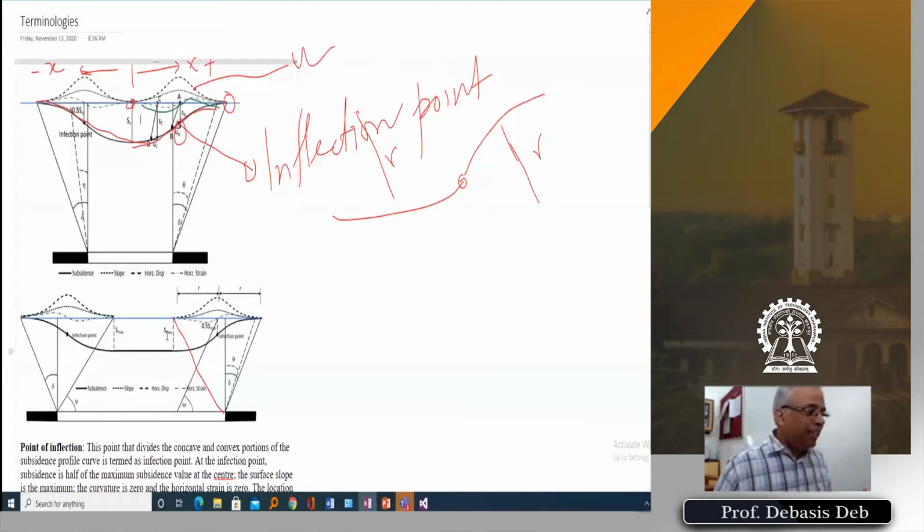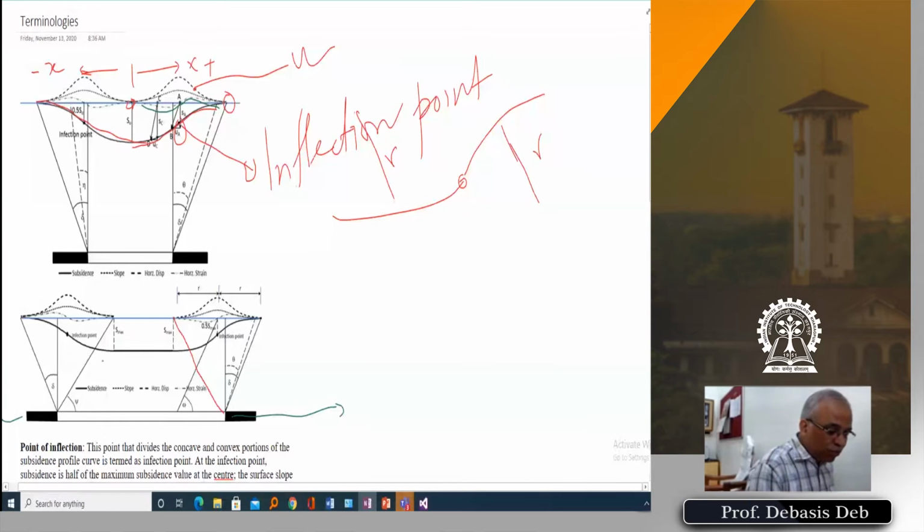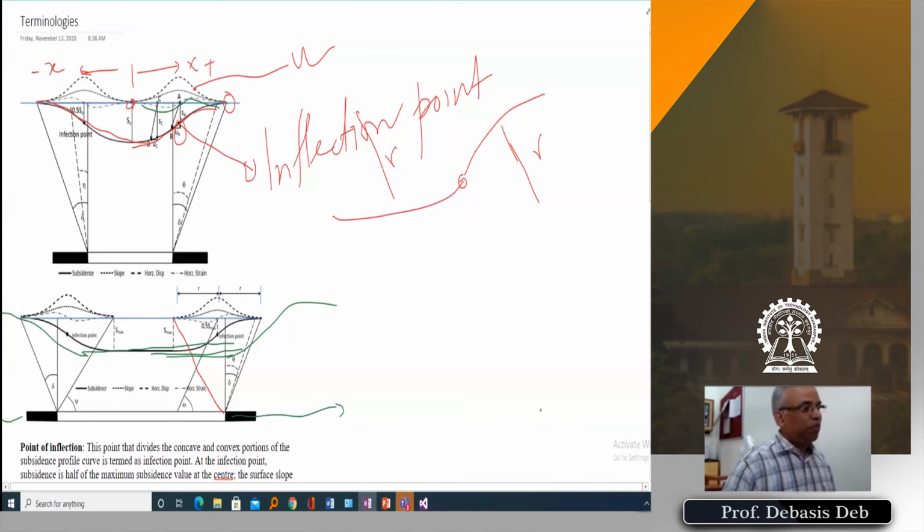Now, even if you increase the panel length or panel width, what is going to happen is that these will just extend. If you increase the panel width, it will just extend like this. The maximum value will not change. So this is the maximum value, and when supercritical happens, we know the maximum value has already occurred.